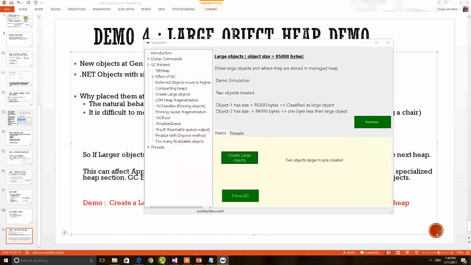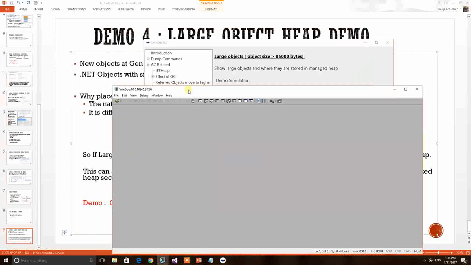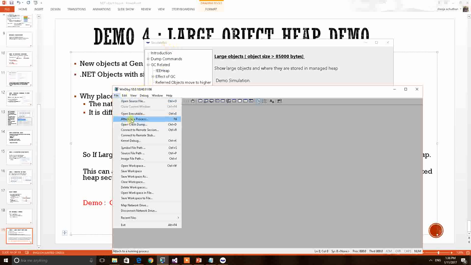For that, I am opening a debugger. This is a 32-bit application, so I opened a 32-bit debugger. I am going to attach this process to the debugger. If you have a dump of this particular thing, you can open the dump, but here I am attaching it as live debugging.